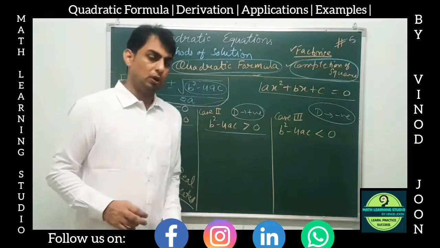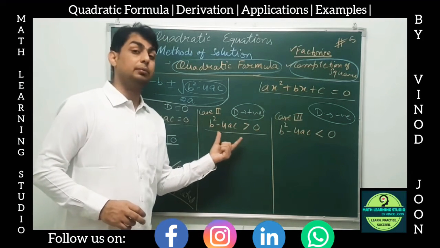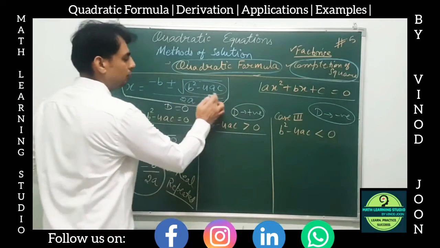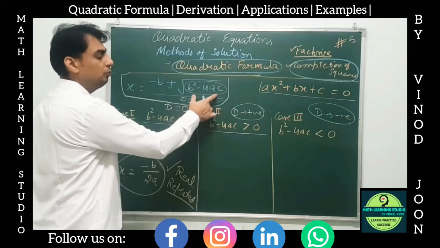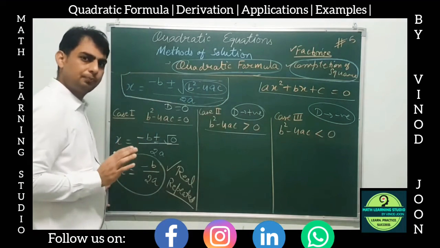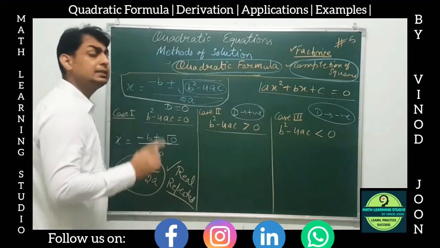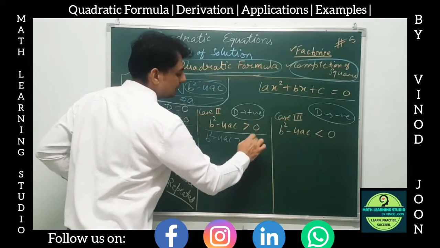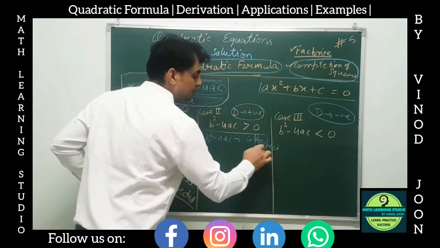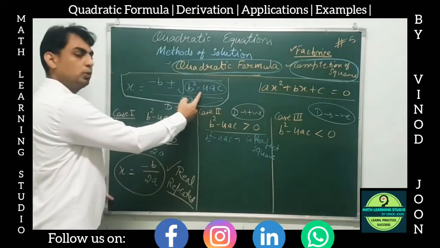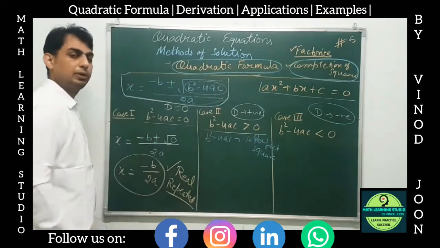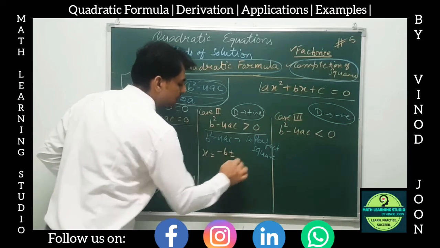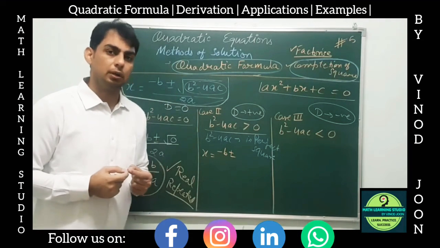Now condition number 2, when this is greater than 0, when this discriminant or value of b square minus 4ac is more than 0. When it is more than 0 means this value will be positive. Positive value means under the root we can find some value of this, right? When it is greater than 0, there can be two different cases. One is b square minus 4ac is a perfect square. If perfect square होगा, that means we will get some rational value here, है ना? Perfect square हुआ, then x will be equal to minus b plus minus. यहाँ क्या मिलेगा? We will get some rational number as the answer.